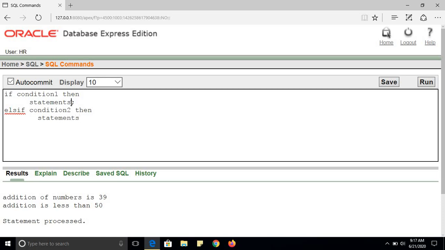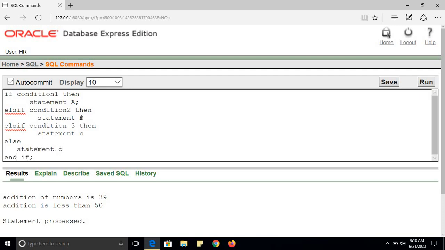Suppose this is statement A, this is statement B. Similarly you can use else if condition 3, then statement C, and so on. In the last we have else and statement D, and then end if.